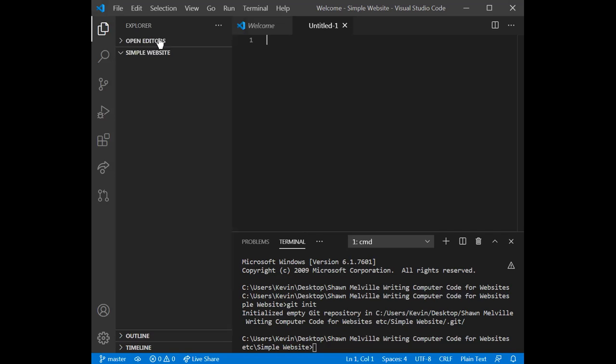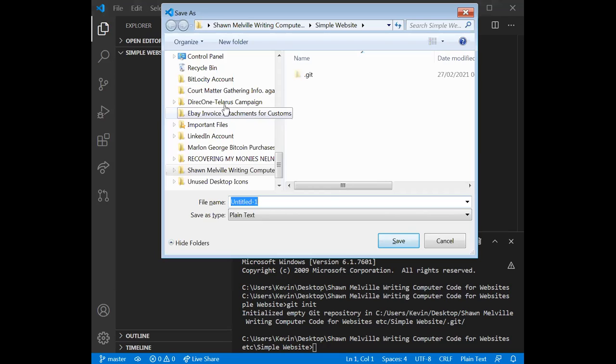Good. Now I want you to save, press Control S, or go to file and save. Right. Good. And then we're going to type index,